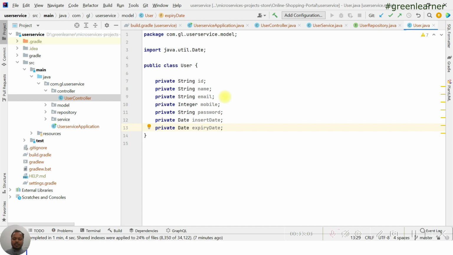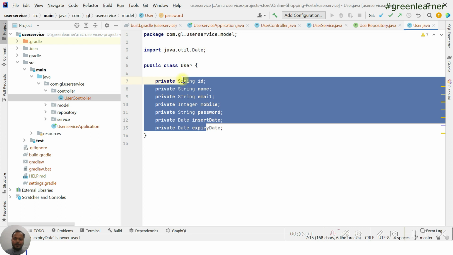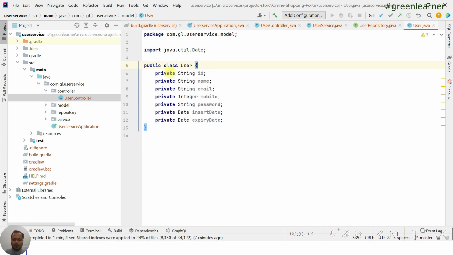These two fields are very important, and in each table we should have them, so that we can know when it was inserted, and when we are going to delete something, we are just going to put this expiry date into the system. Okay, so this is going to be the user.